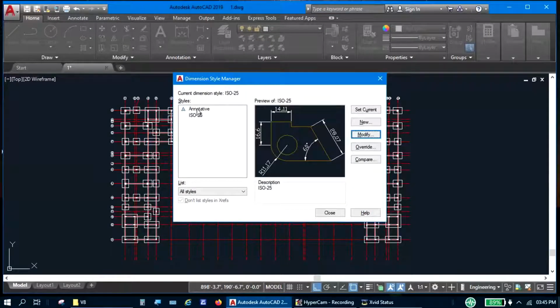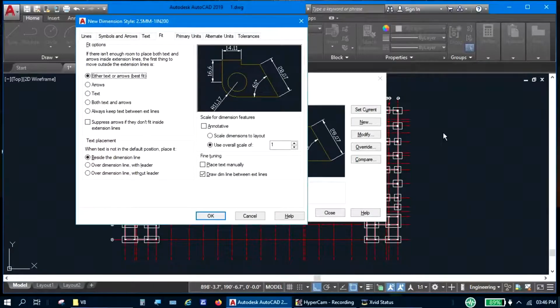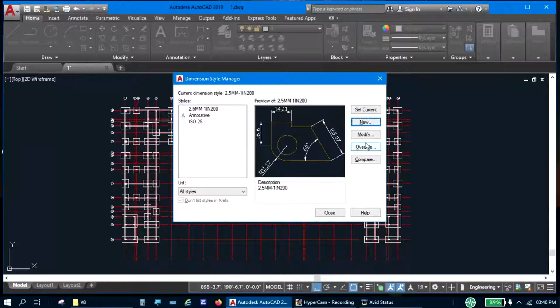Okay, close this dialog and click on new. Enter dim style name as 2.5 millimeter 1:200. Okay, I go to modify the text style.